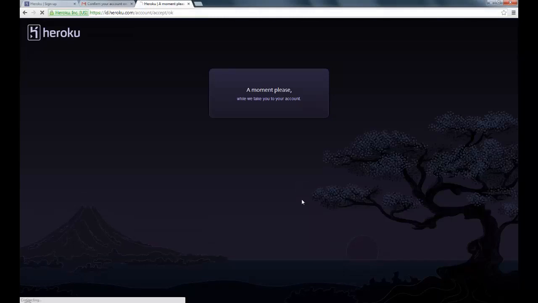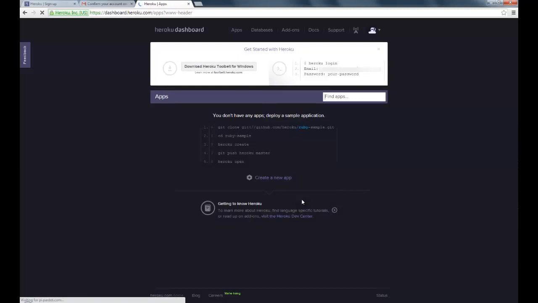So once you're signed into Heroku, the next thing that you're going to do is provision an app. You're going to create an app for the application that you made. And the other thing that you have to do is install the Heroku tool belt. The Heroku tool belt is a collection of tools which are designed to help you get started with Heroku, and it includes a command line interface tool which is extremely handy for almost everything that you have to do with Heroku. So it's a must, it's a necessity.